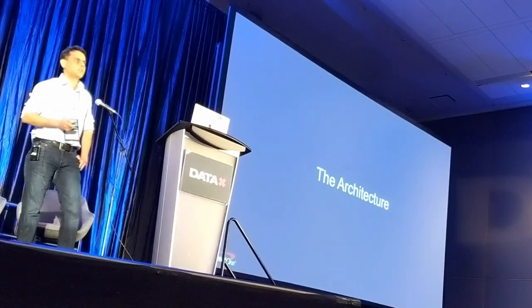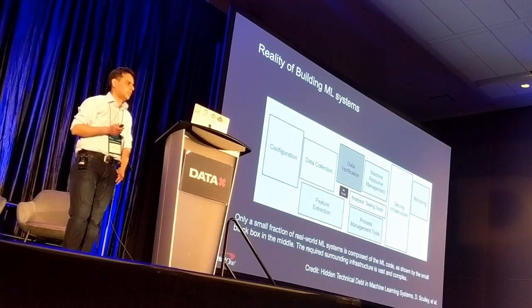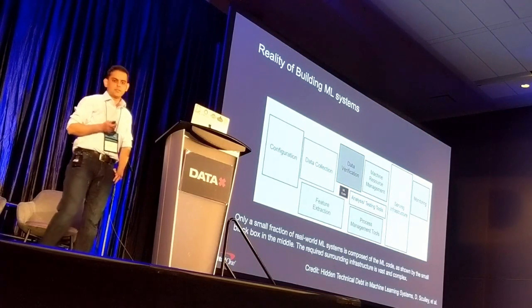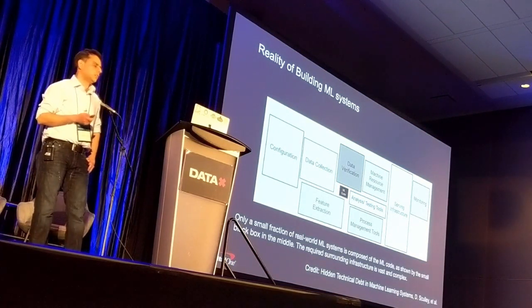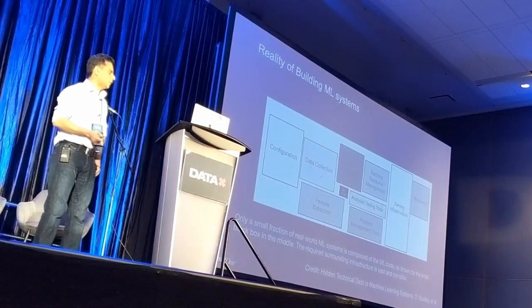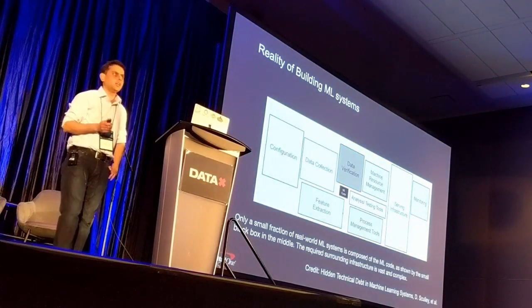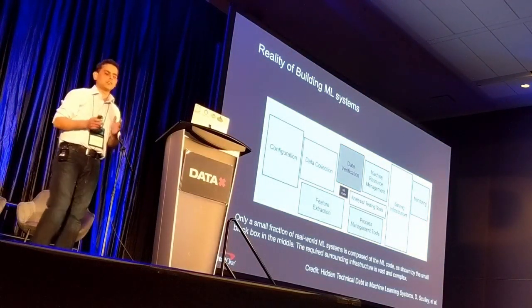So before I talk about the architecture, I'd like to show this slide that is from a popular data science paper that talks about the reality of building an end-to-end machine learning system. What you see in the center, the black box, is actually the machine learning code. And all the other surrounding pieces are the infrastructure that you need to have a successful end-to-end